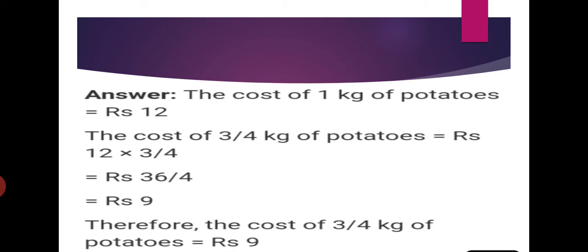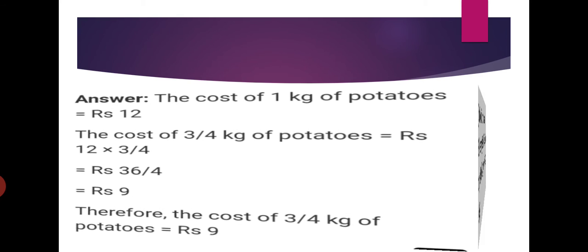तो ये आपको कैसे कैलकुलेट करना है? 12 इंटू 3 अपॉन 4. जो ऊपर का नंबर है, न्यूमरेटर है, उसको हम मल्टीप्लाई करेंगे. जो आंसर आ जाएगा उस आंसर से हम डिनोमिनेटर को डिवाइड करेंगे. तो 12 इंटू 3, that is equal to 36. अब 36 को you have to divide it by 4. So 36 divided by 4, that is equal to 9. So the answer is the cost of 3/4 kg of potato is equal to rupees 9.